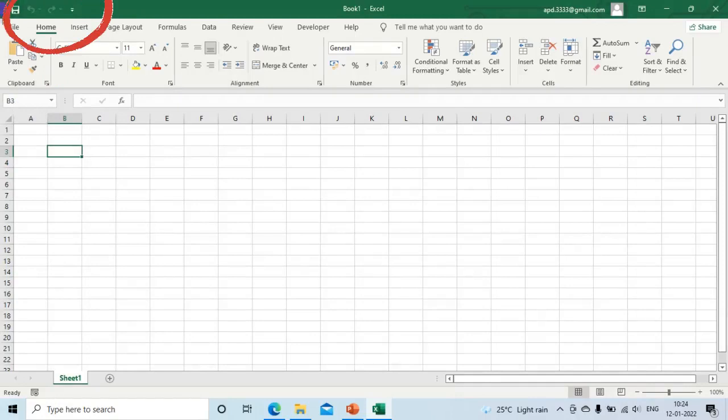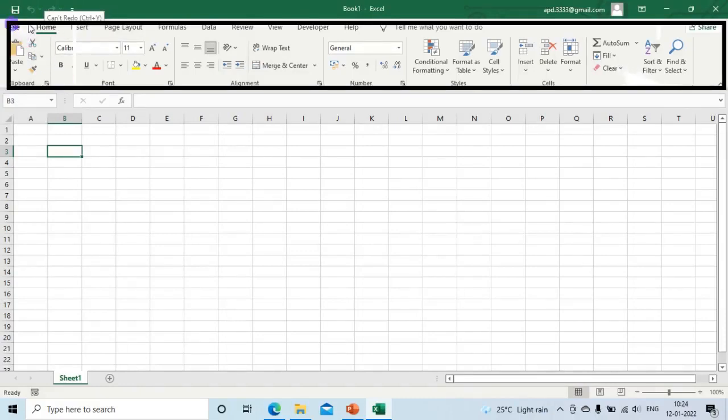Excel has different toolbars. The green highlighted toolbar in this area is called Quick Access Toolbar. Here we can add some tools which we use frequently for our projects. The big bar, the one highlighted right now, the below green box, is called the ribbon.